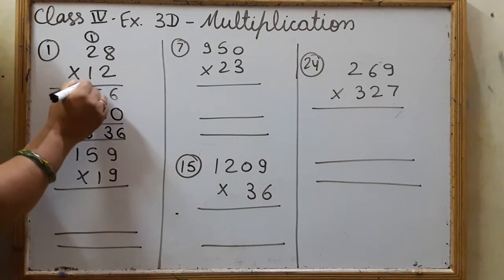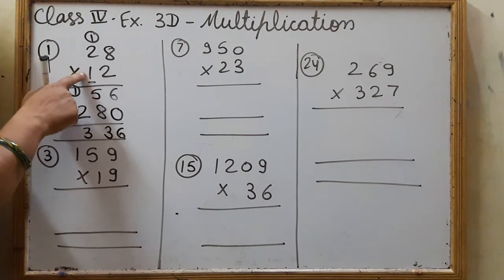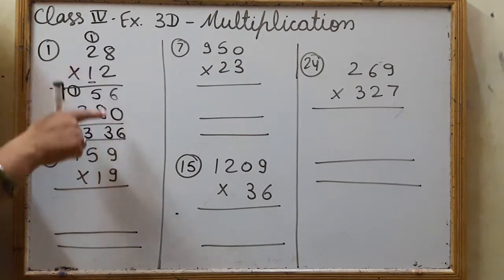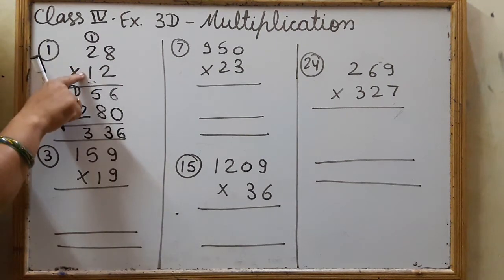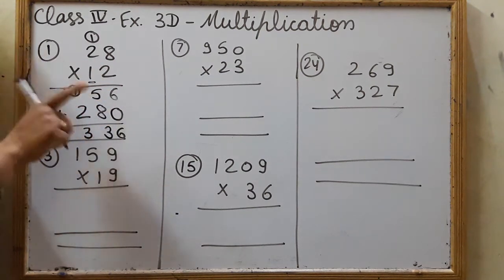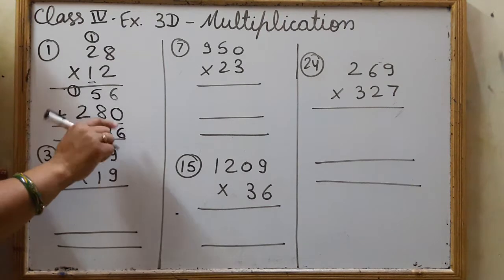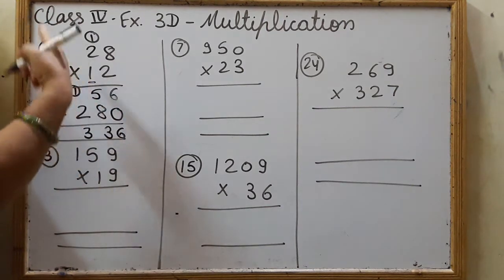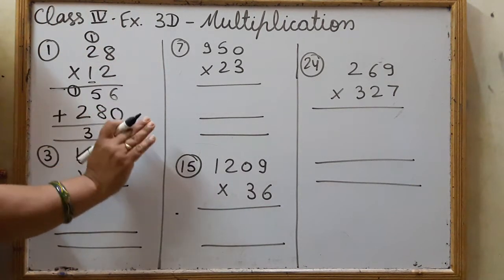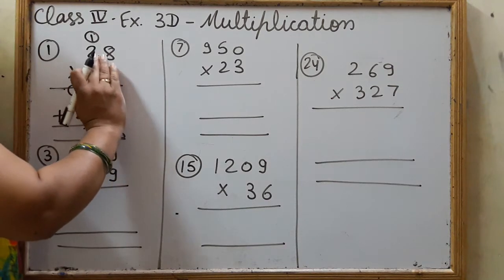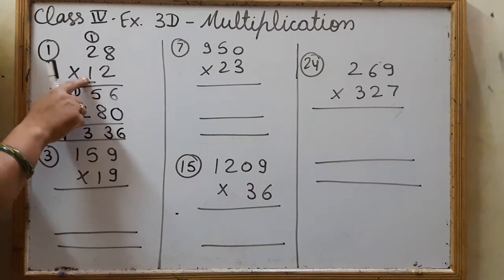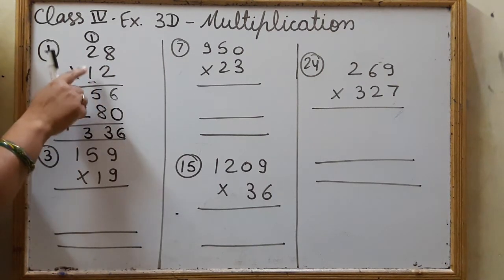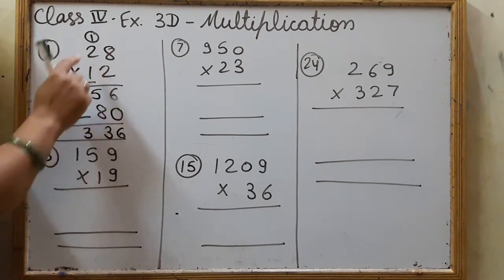Now, because 1 is our tens number, this is actually not only 1, this is actually 10. So we are multiplying the number by 10, so we have to put 0 here. Don't forget about putting 0. We will firstly put 0 and then we will start multiplying again in the same way: we will forget about this number and multiply the number by whatever number is given here. In this sum 1 is given, so we will multiply by 1. 1 8 is 8 and 1 2 is 2.